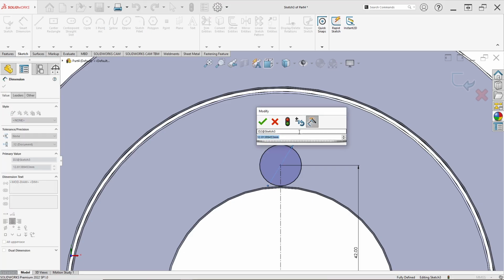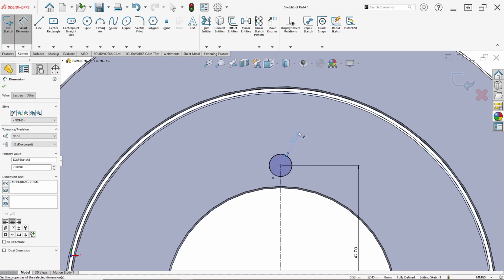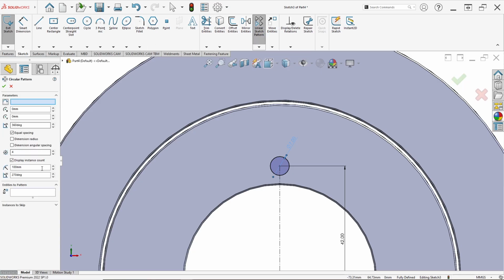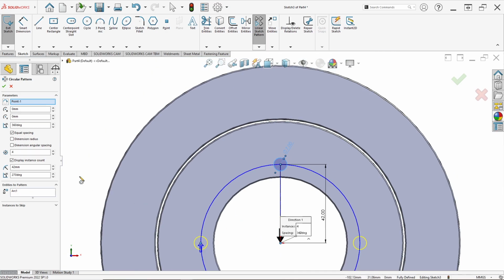Set for diameter in 7 millimeter. Then select circle sketch pattern, click this for any pattern, click this arc and point this point. For number of instance I set in 5. Just click OK.